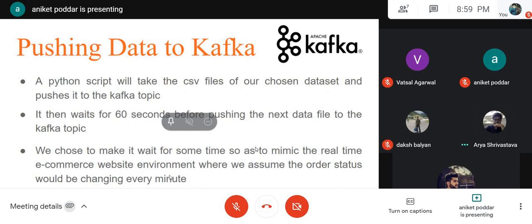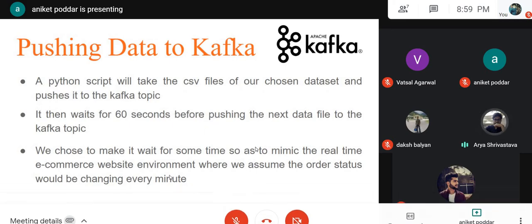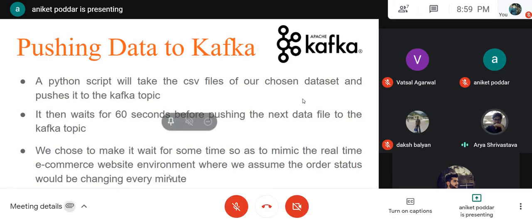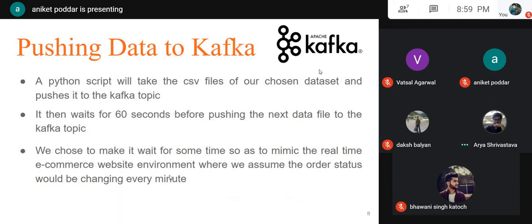Thank you, Daksh. So, just a brief overview on Kafka. Kafka is a message broker system based on the publish subscribe messaging model. What happens in Kafka is that on one side, there's a producer or a publisher who publishes the messages to the Kafka broker, and on the other side, there's the consumer or client which subscribes to the particular topic that it wants to listen to and consume the messages from there.